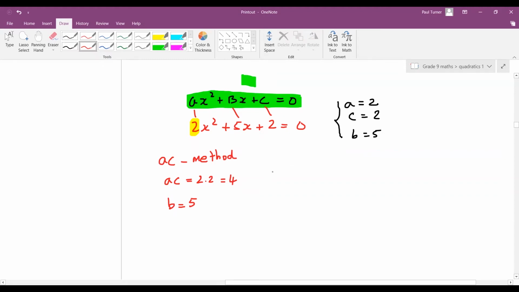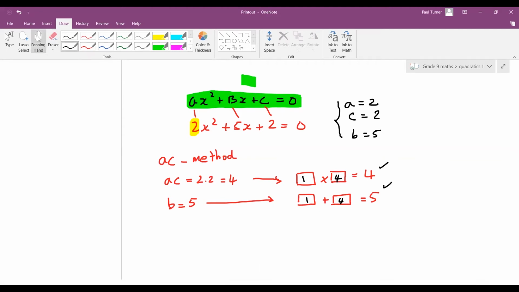So what we do, from this one, we want to find 2 numbers that when you multiply them, you get this last number, 4. So it's kind of similar to the last question. And from the B, when we add the 2 numbers, we should get B, which is the middle number, just like the last question, which is 5. So looking at that, we can see that this must be 1 times 4, isn't it? 1 times 4 is 4. And 1 plus 4 is 5. So what we do now,